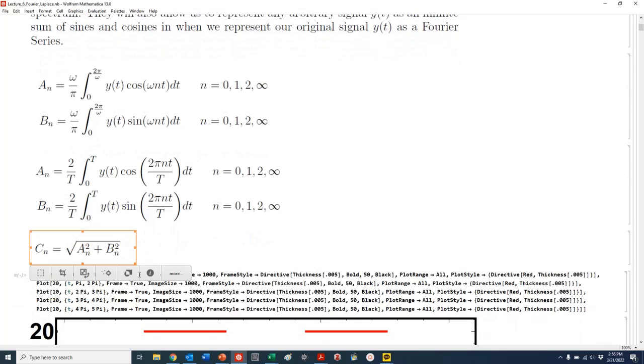And then again, C sub n, we're going to take our harmonic coefficients, which is denoted by this little sub n, and n is going to be the order of our harmonic coefficients. So when n equals 1, that is going to be our first harmonic coefficient. We're going to take the magnitude of both those harmonic coefficients and plot it as a function of frequency. Essentially, we're going to plot our frequency as integer values times our